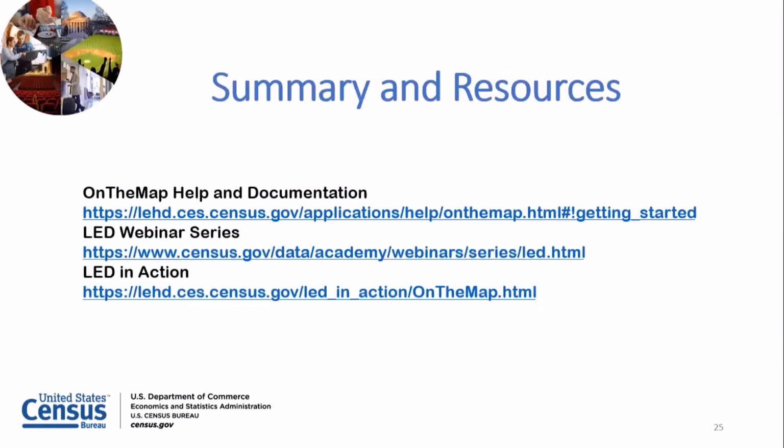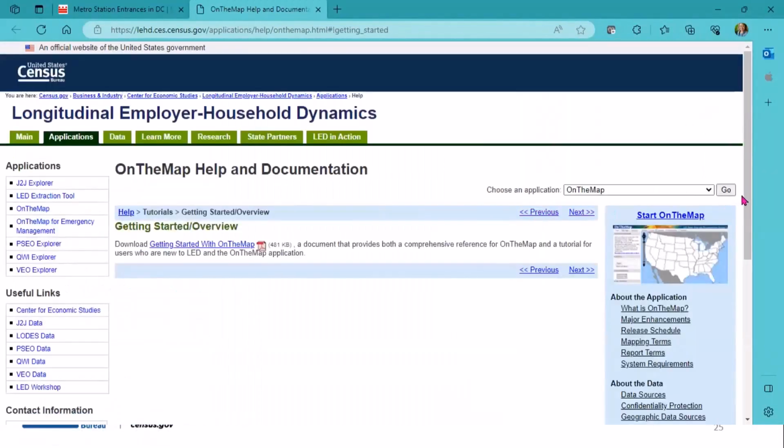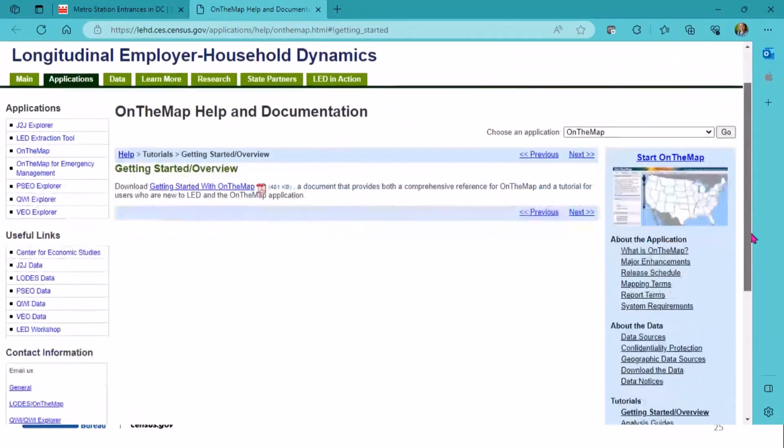Other than that, here are some summary and resources. Here's the On the Map help and documentation page, the LED webinar series and LED in Action that I spoke about earlier. I'm just going to click on this so that you can get a look-see at where this takes you. So this takes you to the help and documentation page.